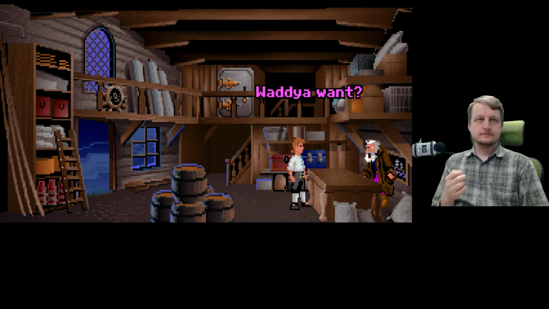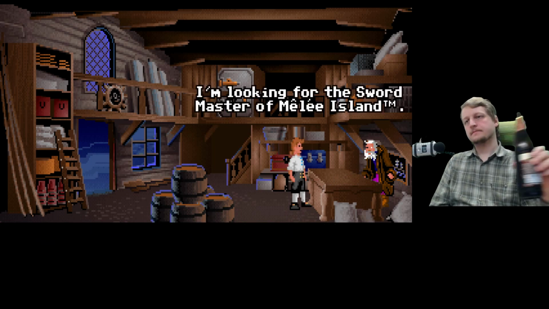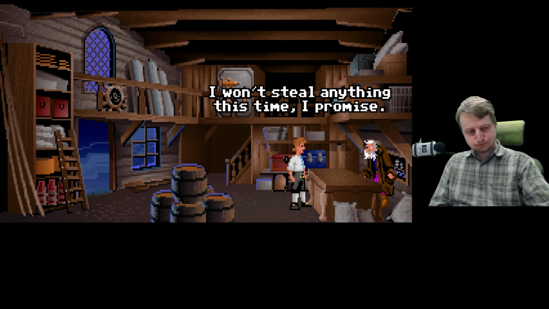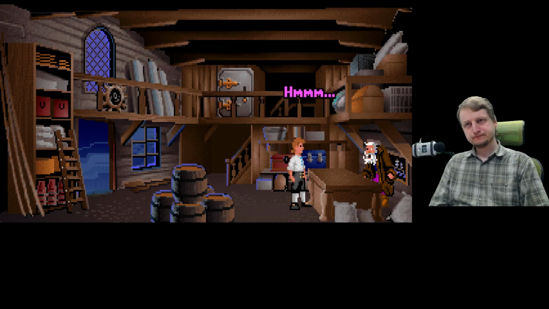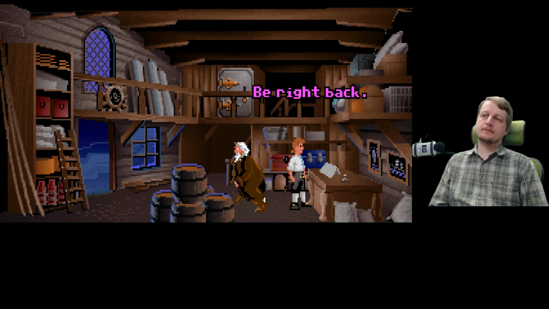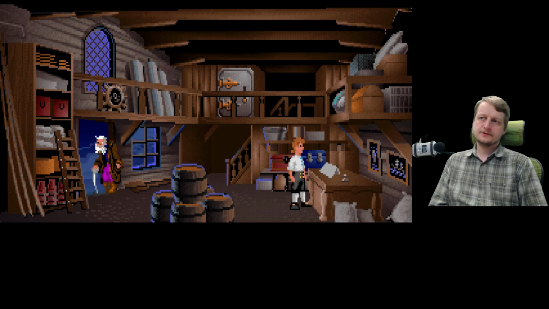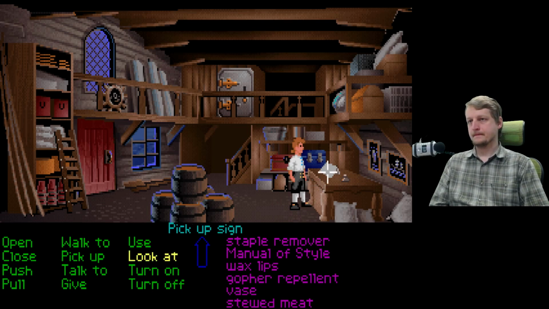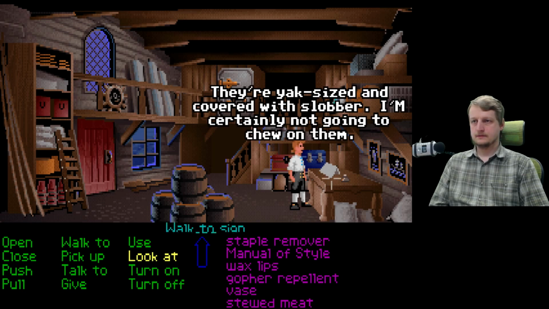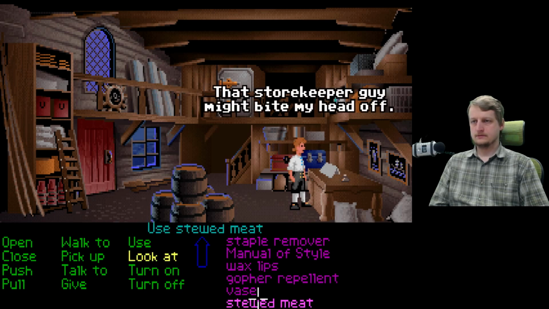Yeah, it doesn't have it. And he doesn't tell us where the master is. But I guess we will have to go in the forest and just use walk slips with sign, use gopher repellent with sign, use vase,